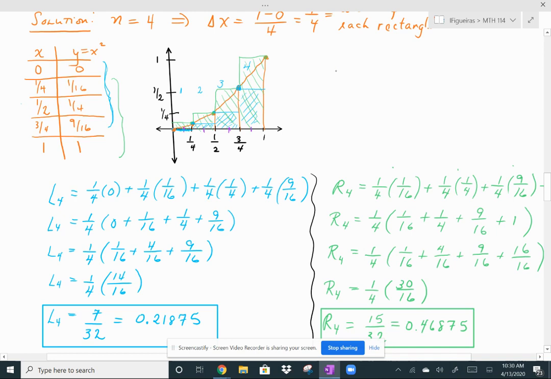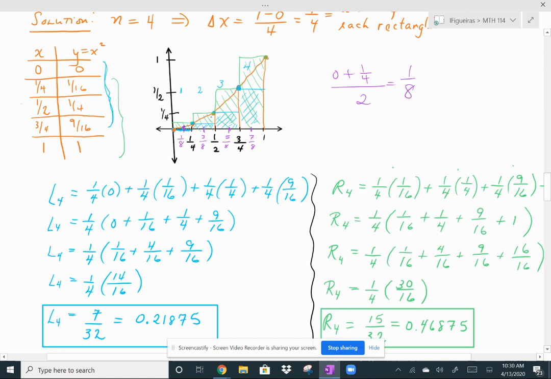So here, if I did 0 plus a fourth and divide it by 2, that would give me 1/8. And so that's right here. And then remember, the distance between each rectangle is still a quarter. So this one will be 3/8, this one will be 5/8, and this one will be 7/8. And each of those has a midpoint associated with it, a height associated with it, and those heights are